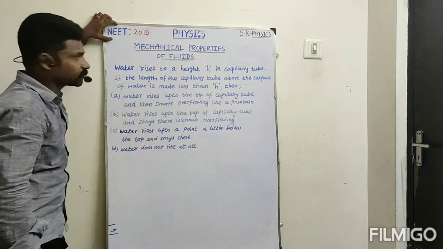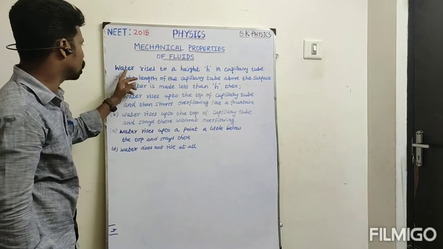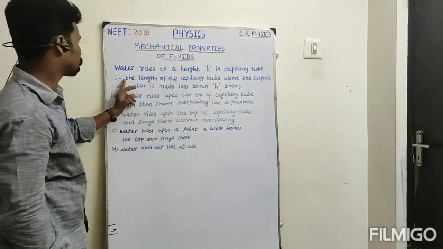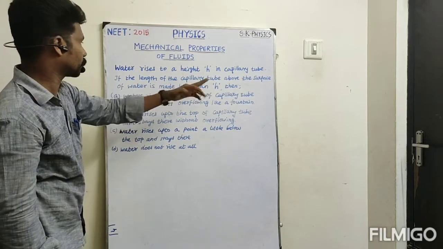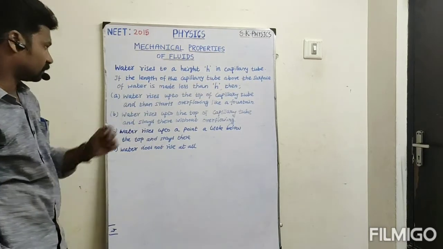Question, NEET 2015, Mechanical Properties of Fluid. See the question. Water rises to the height h in a capillary tube. If the length of the capillary tube above the surface of water is made less than h, then some option